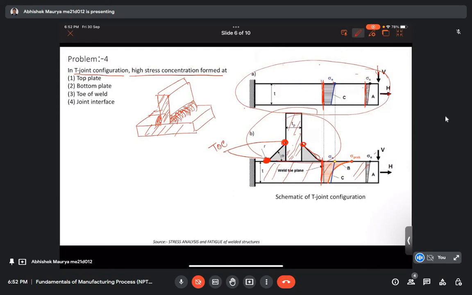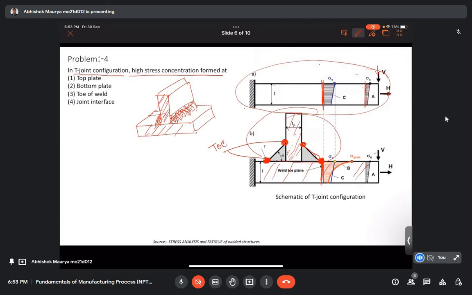Similarly, we have another toe here. And we are applying some horizontal force and some vertical force in both cases, and we are looking at the distribution of